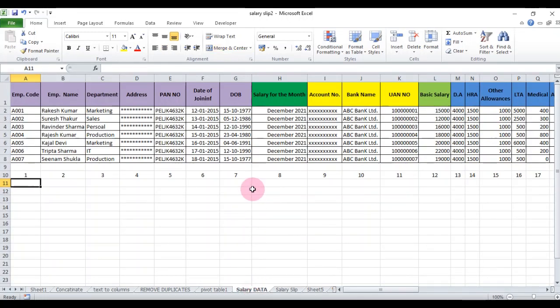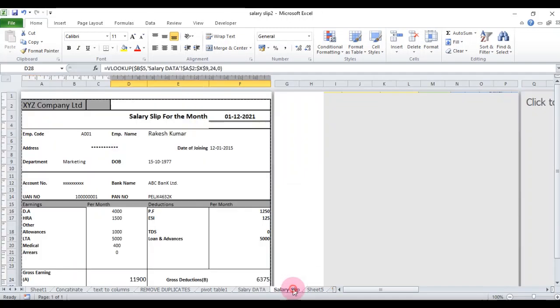This is the data of a company employee's salary for a particular month, and this is the salary slip I have generated with the help of the VLOOKUP function. So let's start making the salary slip.